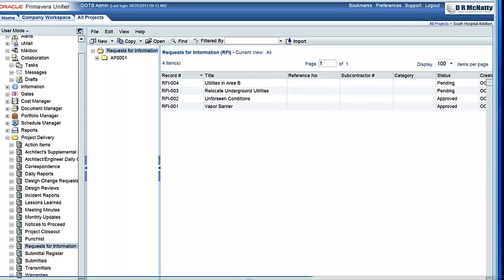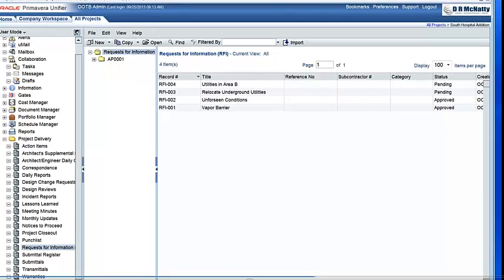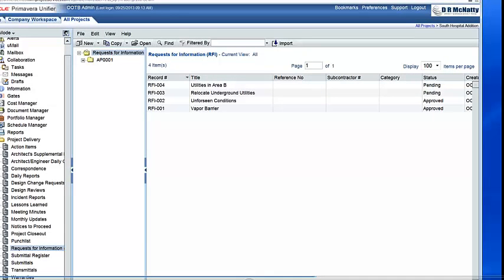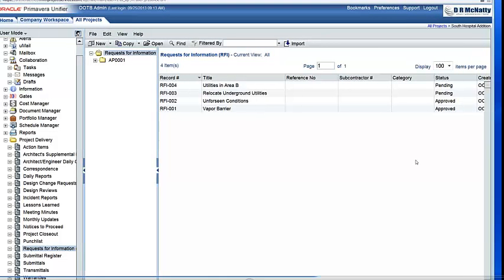These are the same records from the PCM output. One thing to notice is that once you import the data in, it does set the record into a pending state. I've already approved a couple of them, and I'll go back to it in a bit.